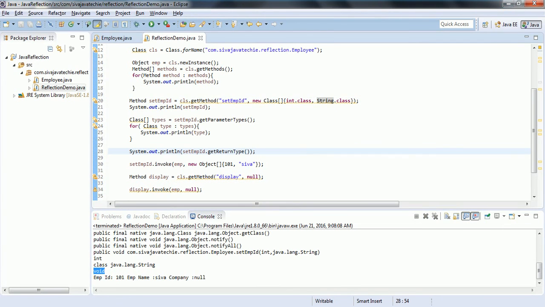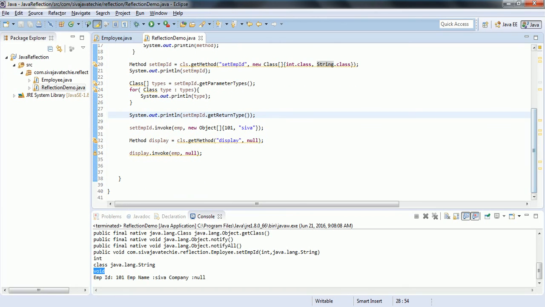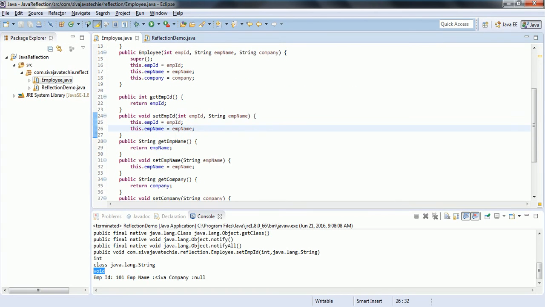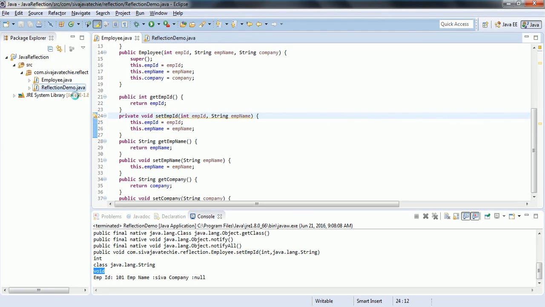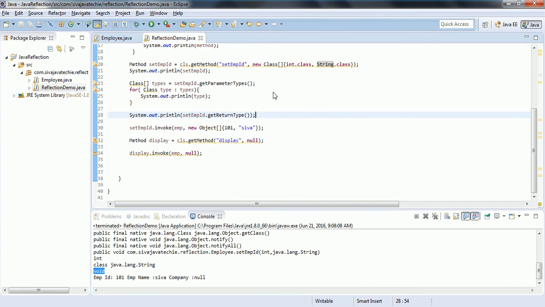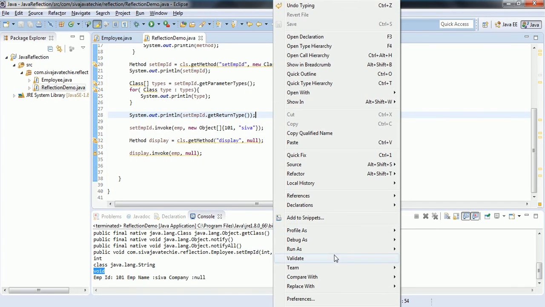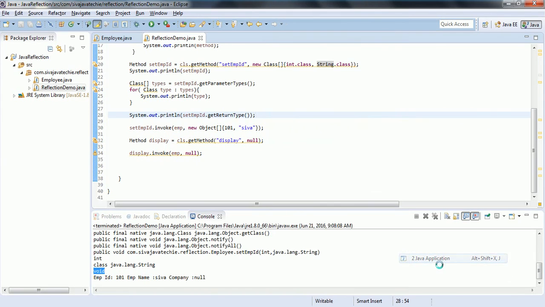And one more thing you can do is invoke the private methods. For example, set employee ID is public, right? Now if I mark it as private and try to run this program, see what is the difference, and how, using reflection, we can even invoke the private methods.